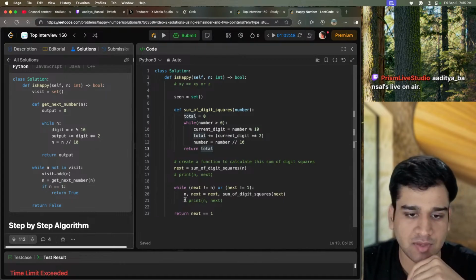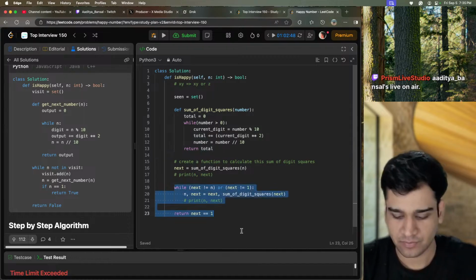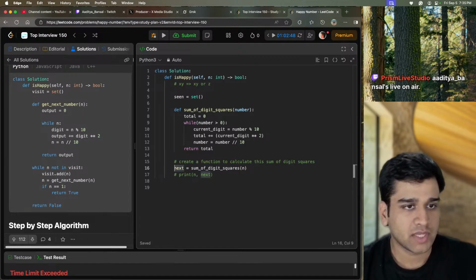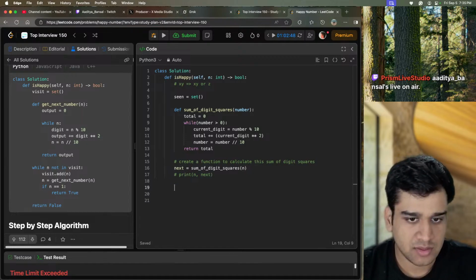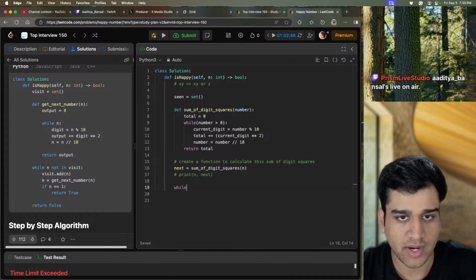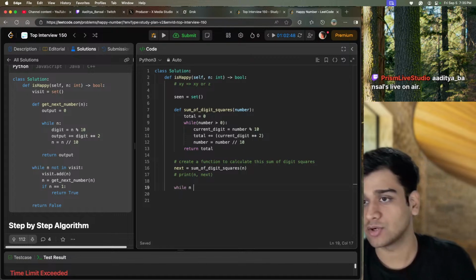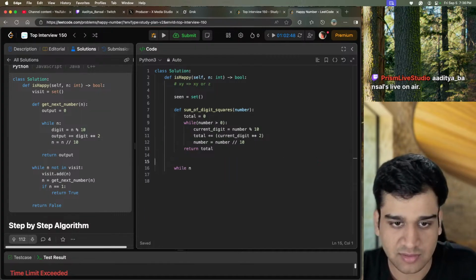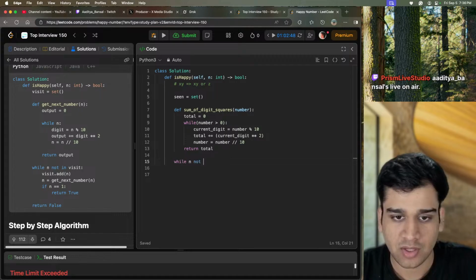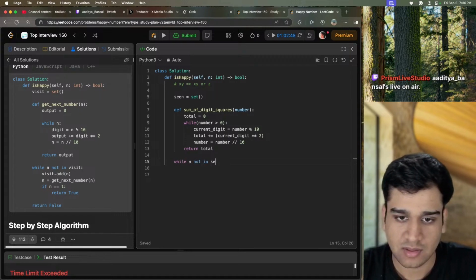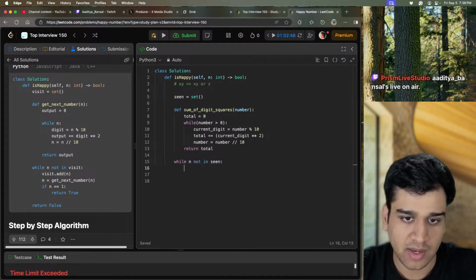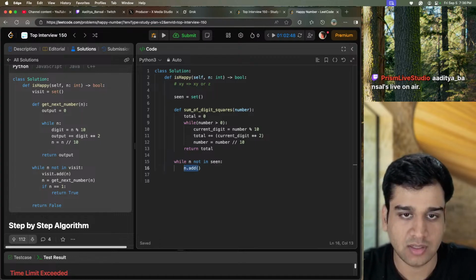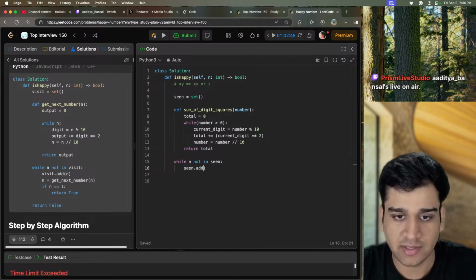And also they are checking if n is equals to 1 here only. So let's remove this part. We get our next digit, and for our n, we are not using next or any new variable. We are just updating the same variable. So while n is not in seen, we just keep updating n, and we will add n, sorry, seen dot add